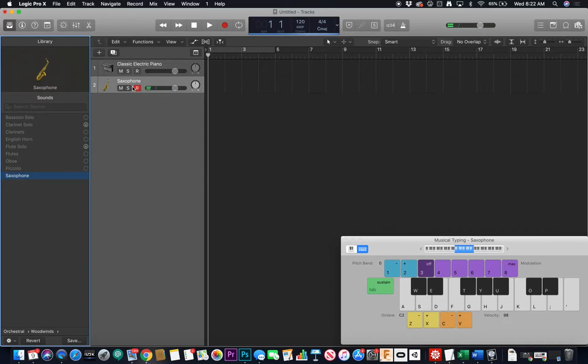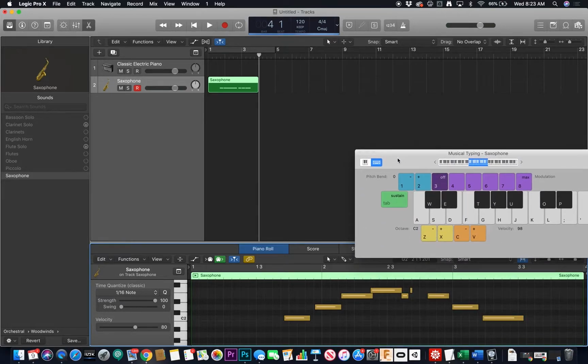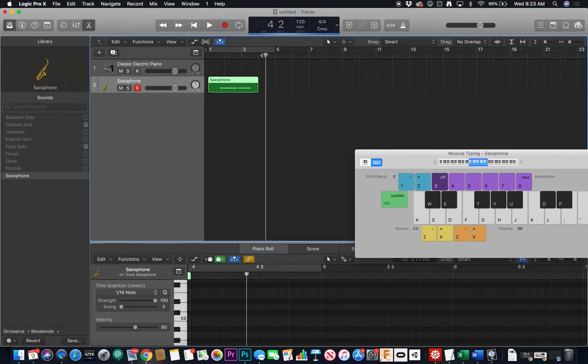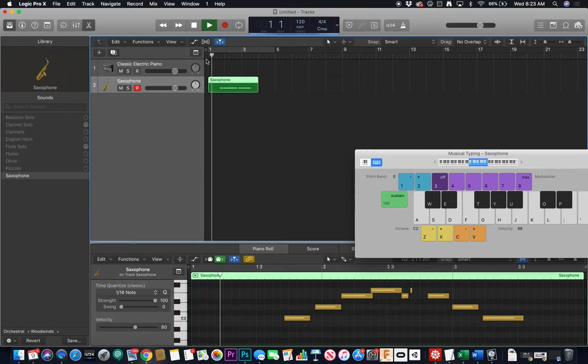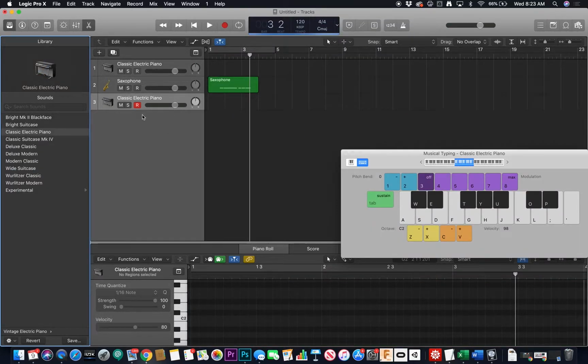To record an instrument, you just have to ensure that the R is on and click the little record button. When you do that, you can go ahead and stop. And you can see just by double clicking that you've created a little MIDI score that you can play back. I will just move this to the beginning or hit the return key. So that's the saxophone. Let's create a new software instrument, and one of the nice instruments to use is